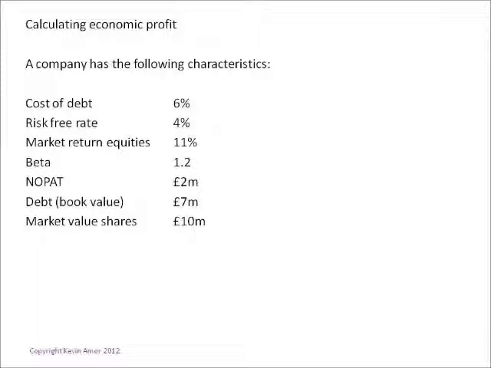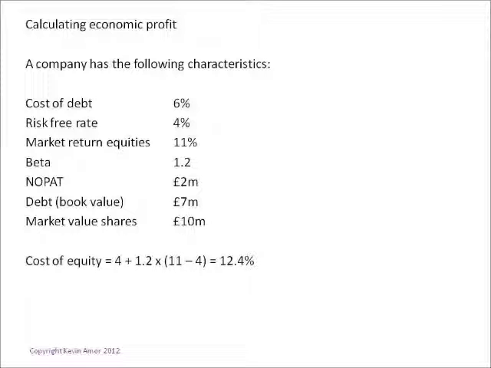Essentially, the economic profit is the net operating profit with tax taken out. That's what we call NOPAT, net operating profit after tax, with a finance charge deducted. And the finance charge is the cost of capital percentage, WACC, weighted average cost of capital, multiplied by your total market value of finance. So first of all, let's find the weighted average cost of capital, and to do that